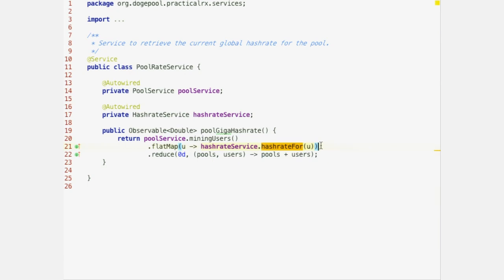Maybe this is doing a call to a database asynchronously, or maybe it's something else, but this returns an observable. And then since we are using FlatMap, all these little observables of one item get flattened into a single big stream of doubles,